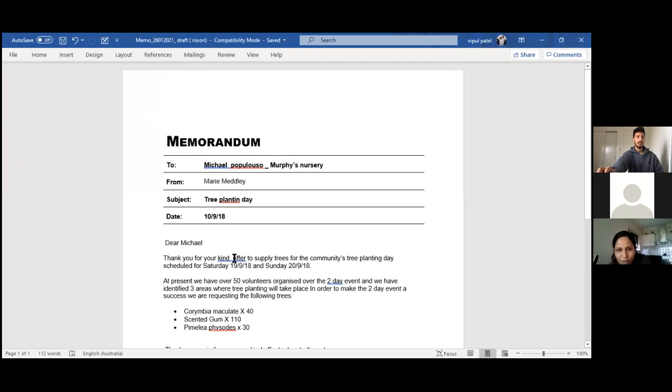Do you want me to open the observation file? Yes, please. Observation file. Hang on, let me see. I need to find it again because I closed all. Assessment task.